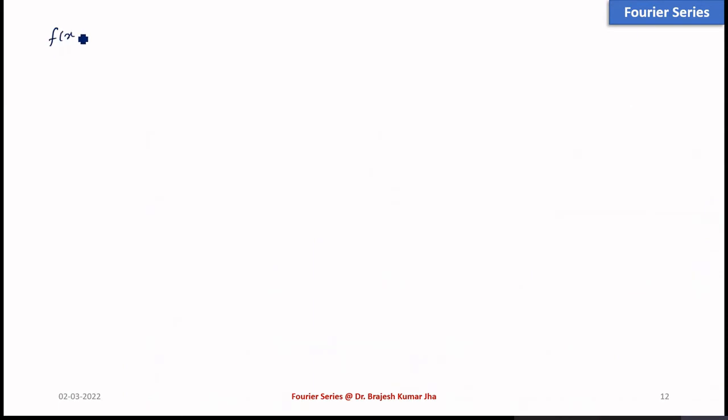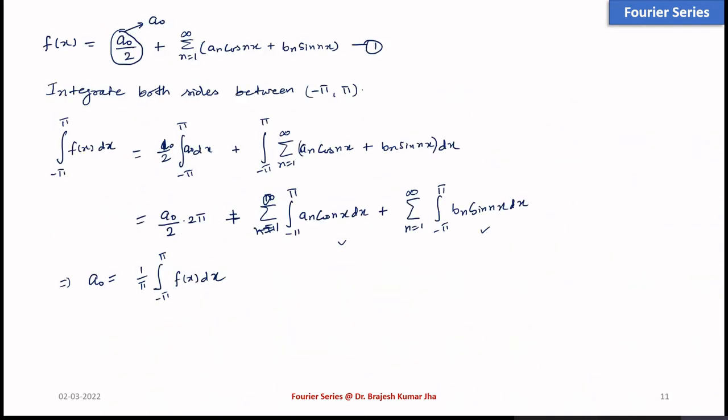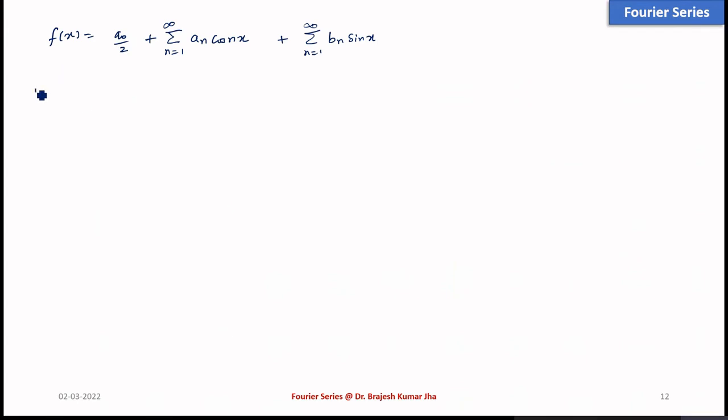Again you have written f(x) equals a0 by 2 plus summation n equals 1 to infinity an cos nx. Again I write plus summation n equals 1 to infinity bn sin nx. Since we require to find an, and if you go to the formula, the integration of cos square nx dx is going to be pi. So what we do here, we multiply both sides